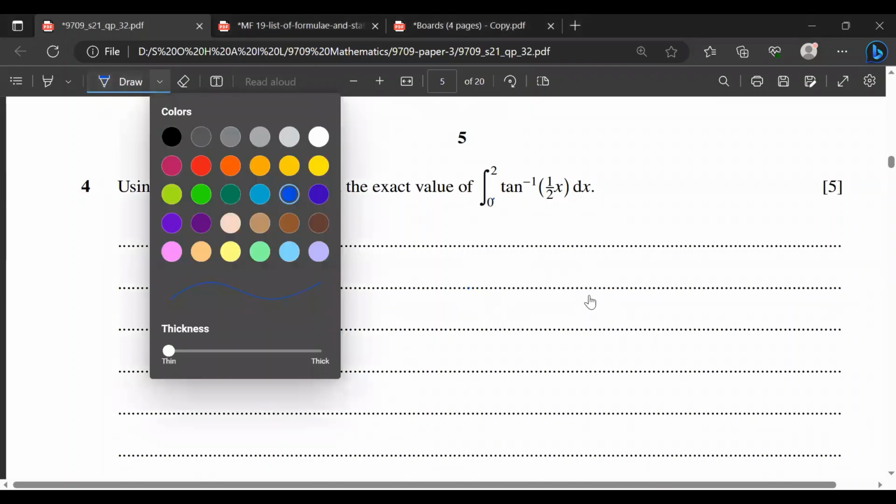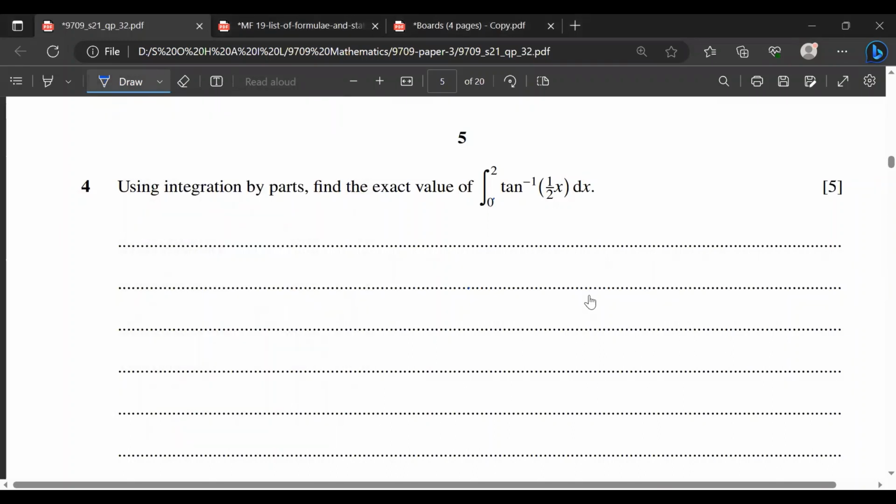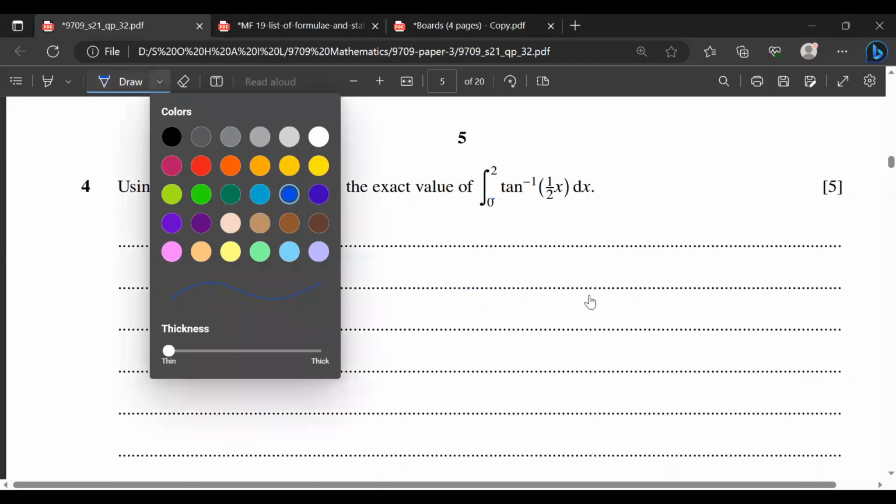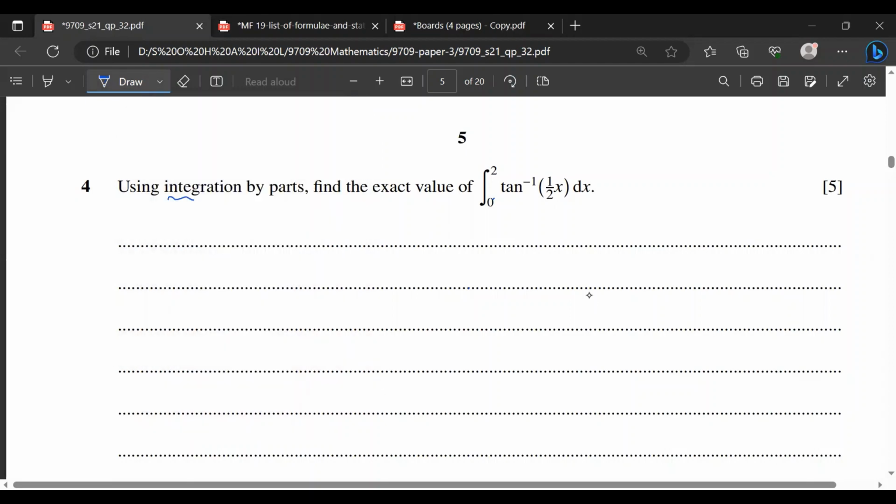For integration by parts, as we know, we need two functions, but here just one function is there, and there is no direct formula for the integration of tan inverse of half x. So in MF19, you don't have any formula. You can't find any formula for the integration of tan inverse of a function, tan inverse of half x. So, as the hint is there, integration by parts. So let us write this as tan inverse of half x, the other function you can take as 1, so into 1